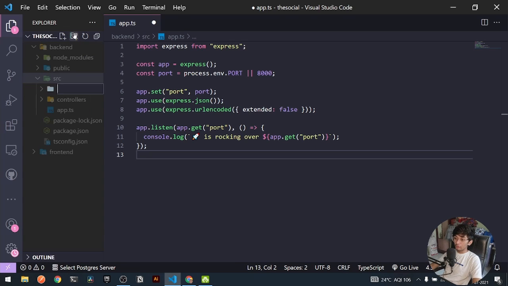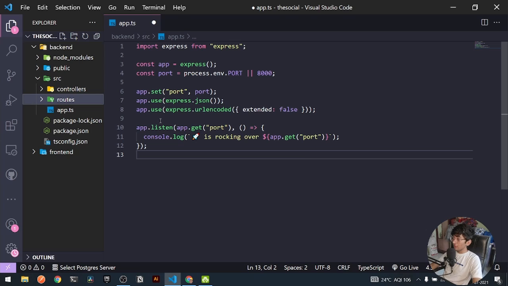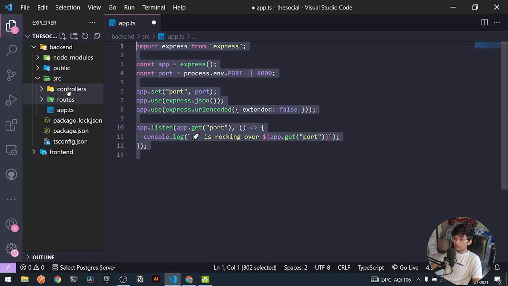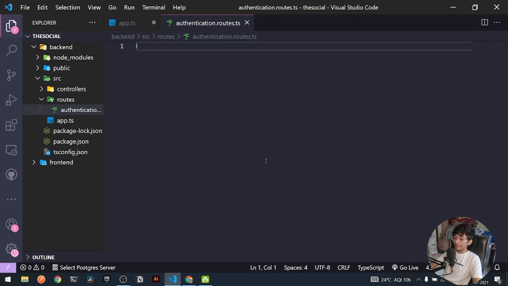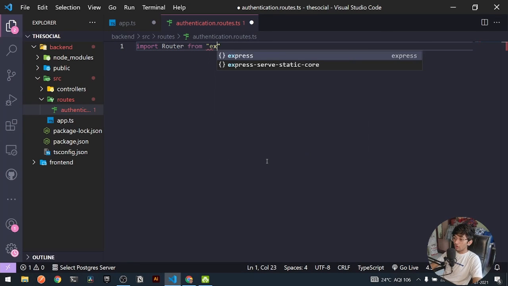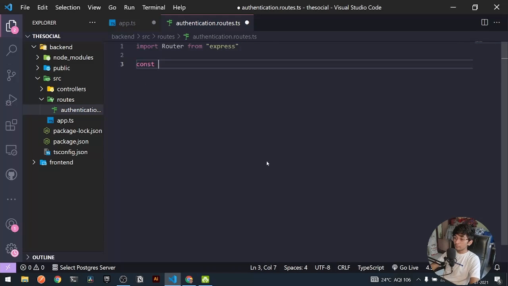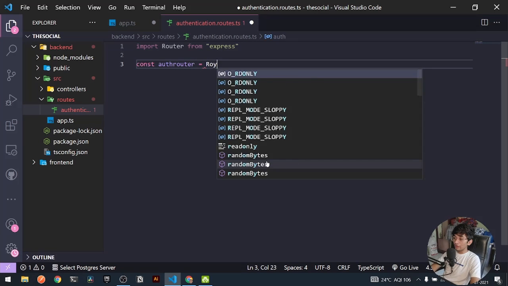Right, so after the controllers folder, I will be creating a folder known as routes. Under this routes folder, I will be creating certain routes for certain use cases. For example, for authentication, for getting data back from our server, and all that stuff. Right, so for authentication purpose, I can go under my routes, and here I can say authentication.routes.ts. Right, and under this file I can first of all import the type of Router from my package of Express itself, right, and I can say a constant known as router, or let's say authRouter, is equal to the following function.